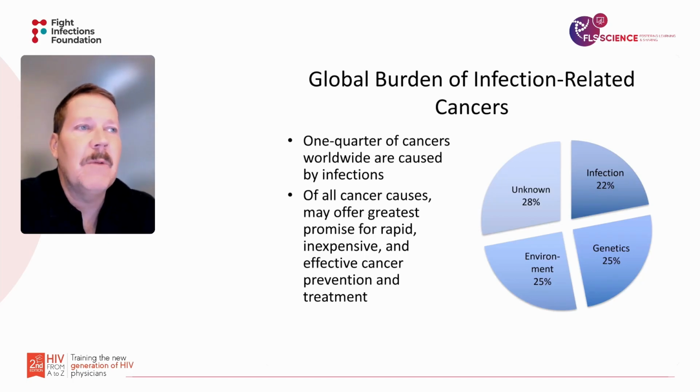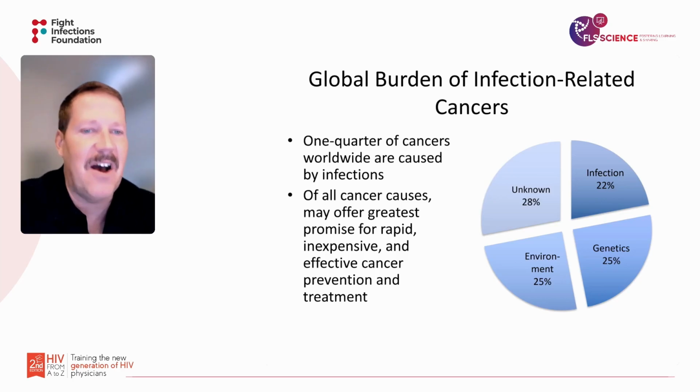So, some data for HIV having both an indirect and a direct effect on development of cancer. But I do want to also talk about other viral co-infections besides HIV, which likely contribute to the risk and distributions of cancers. And it's interesting that probably about 1/4 of cancer cases worldwide are caused by infections, with another